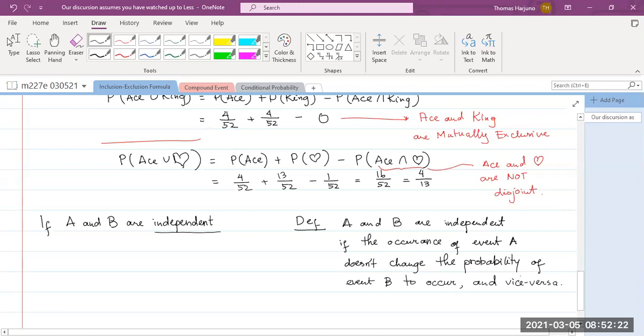Occurrence of event B does not increase nor decrease the probability of event A to occur. Okay. And so the word independent here